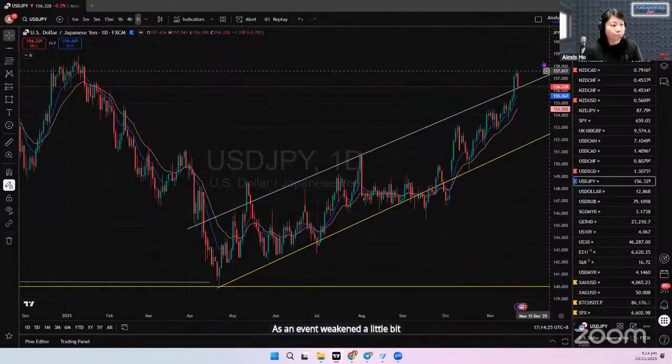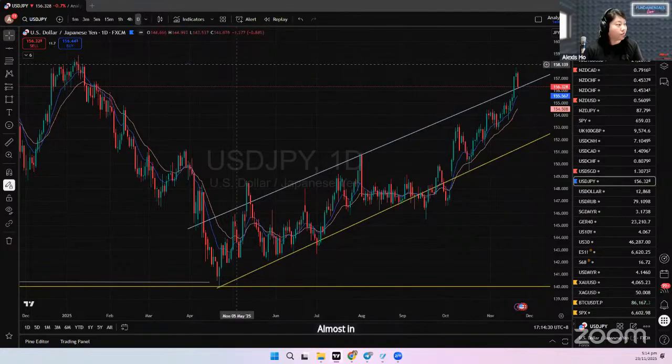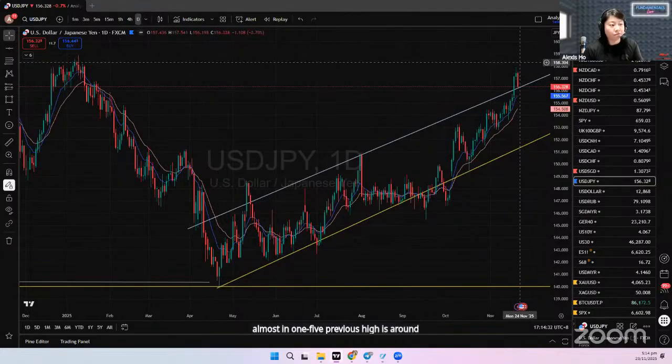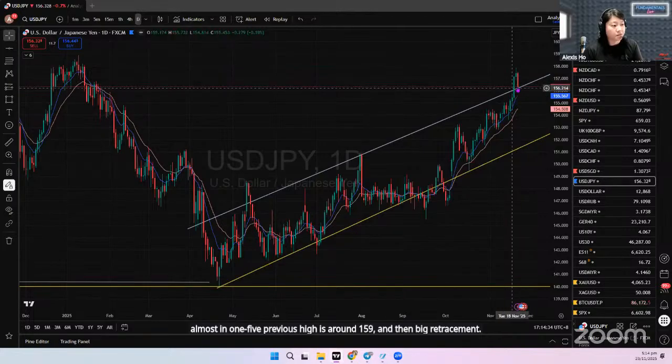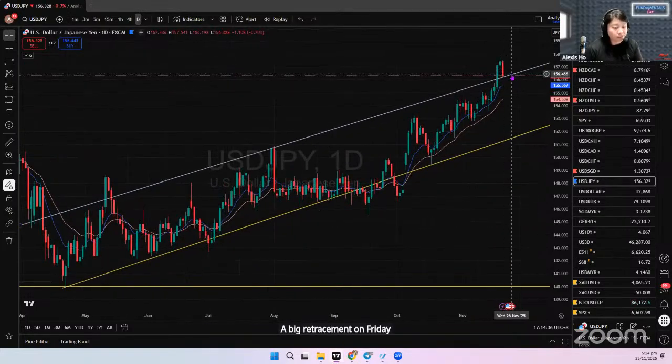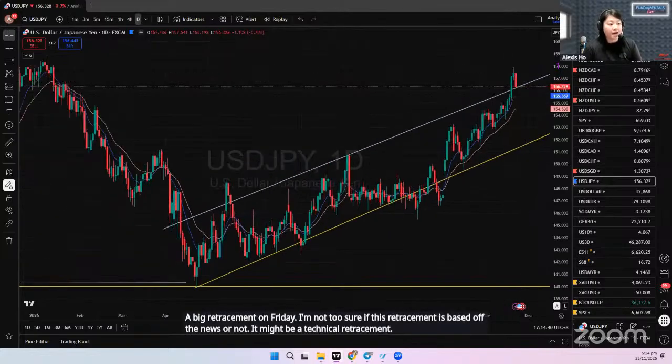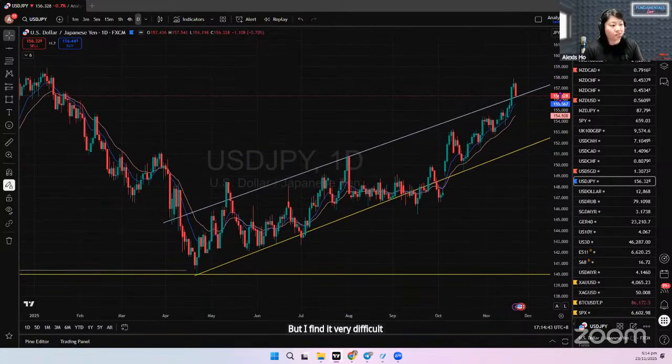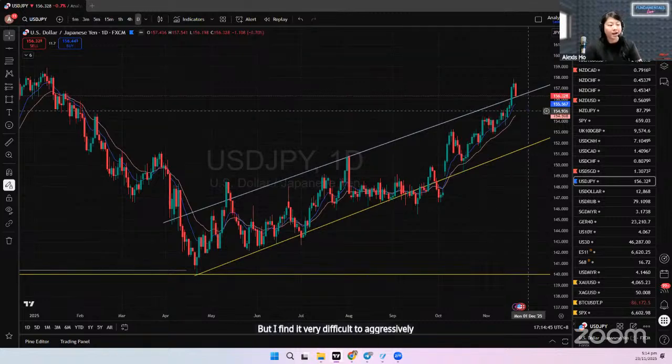It in fact pushed past my first target of 155, almost hitting 158. The previous high is around 159, and then there was a big retracement on Friday. I'm not too sure if this retracement is based on the news or not. It might be a technical retracement, but I find it very difficult to aggressively sell off the dollar, except short